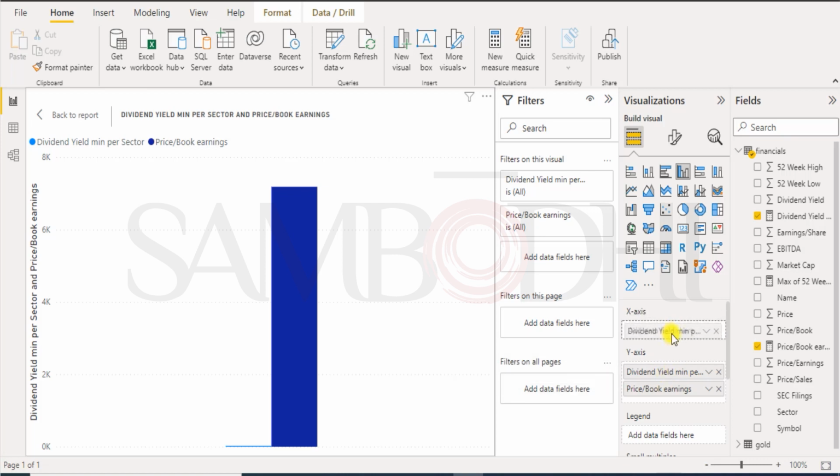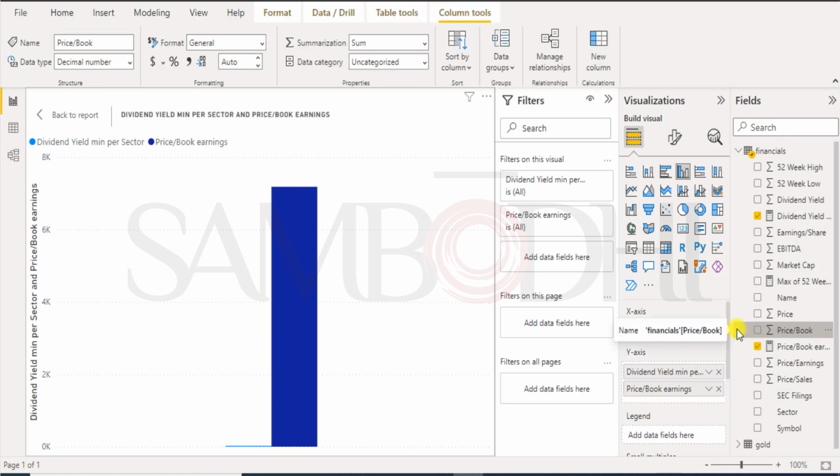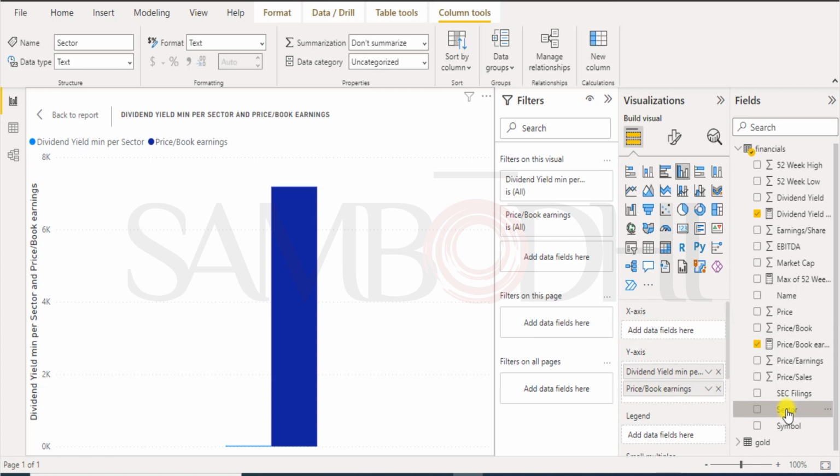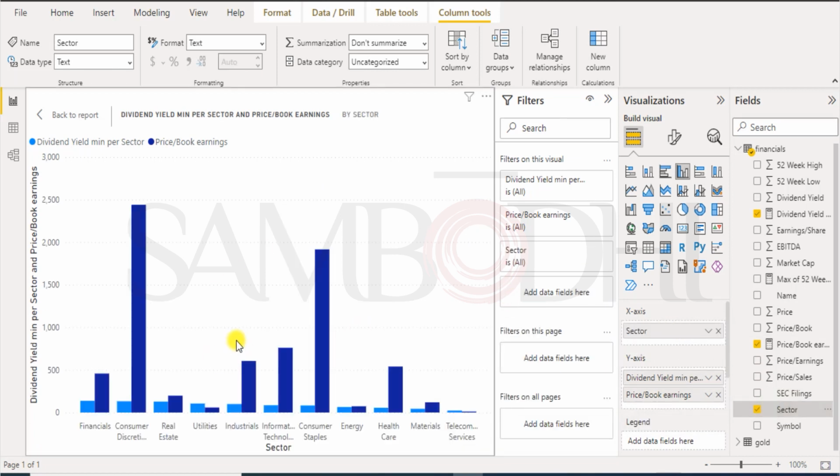Can we take it on the x-axis? No, we cannot. We've already taken it on the y-axis. So if I were to take these values on sectoral basis, what I'll do is I'll select the sector. I'll bring it over here on the x-axis. So on the x-axis, when I bring the sectoral values, of course, we can see that the